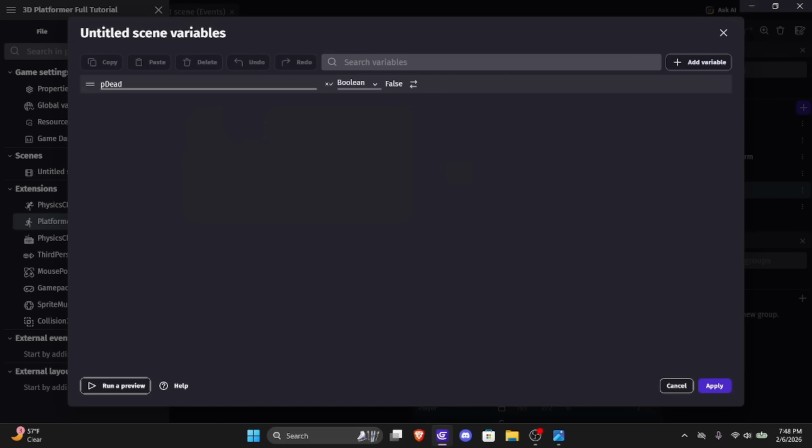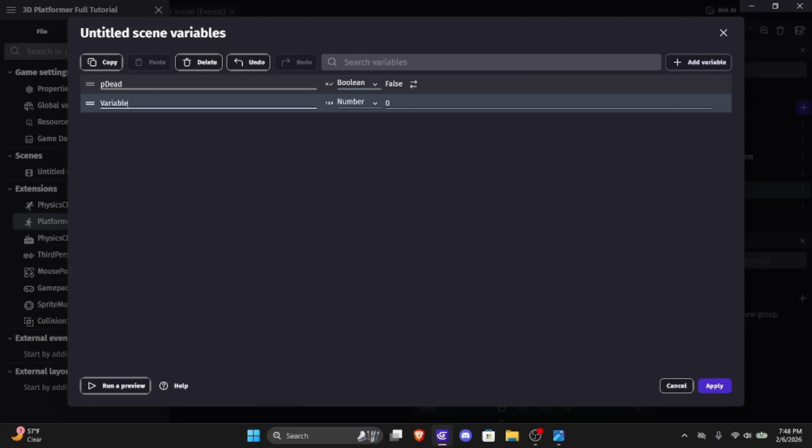Now we're going to actually need 4 variables. We're going to need if the player has touched the flag. We're going to need flag X, flag Y, and flag Z. So let's start with the first variable, if the player has touched the flag. Now this is going to be a boolean. It's only going to be true or false whether or not the player has touched a flag. Now we're going to call this, let's put player touched